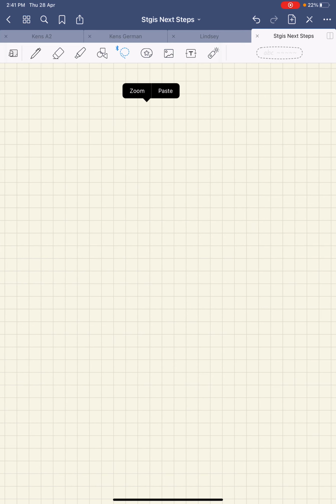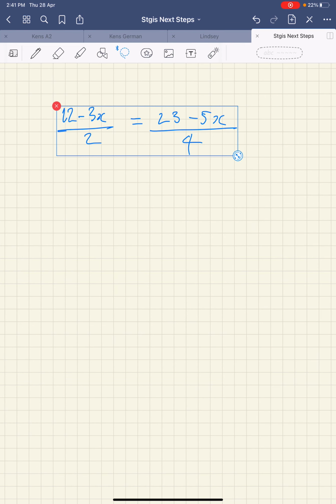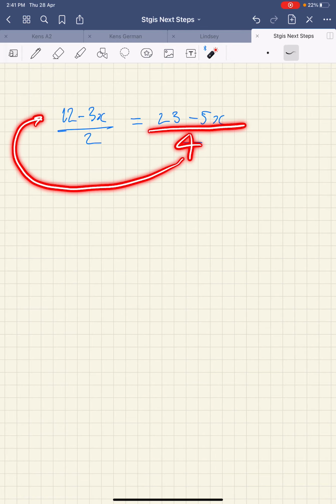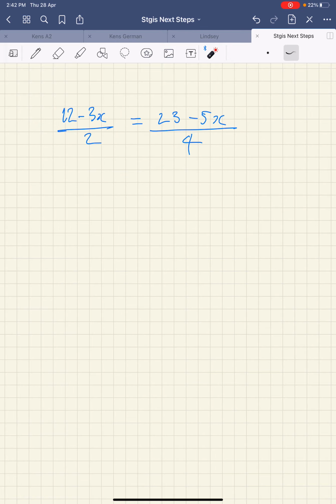And paste it here. Now the good news is that these denominators are easy to get rid of. They can just come to the other side and multiply all of the other side, because the 4 is dividing all of this side, so the 4 will come up here and multiply all of this other side. All right, so it's best to actually put a little bracket around the top, the numerator, and now when we move the numbers, it's called cross